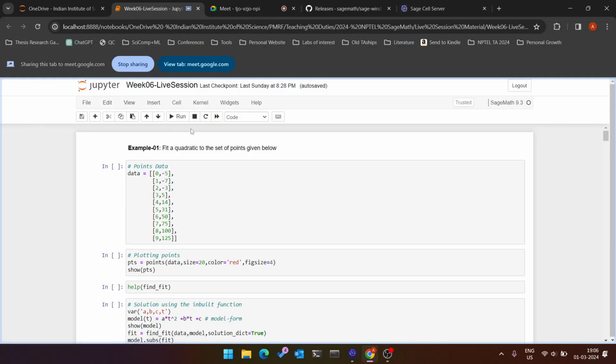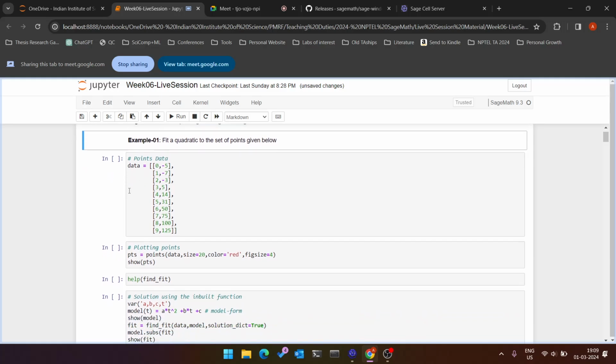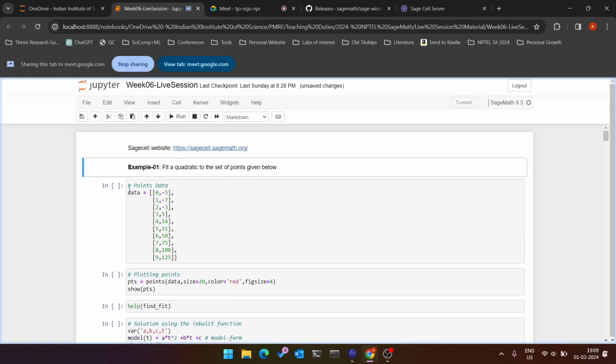As is the custom every week, we'll be going through a set of different problems which will cover the basis and the concepts that have been taught in that particular week's lectures. We'll go through the first problem and then I'll show how I've done this in the SageCell web page as well. The first problem asks us to find the quadratic which fits the set of points